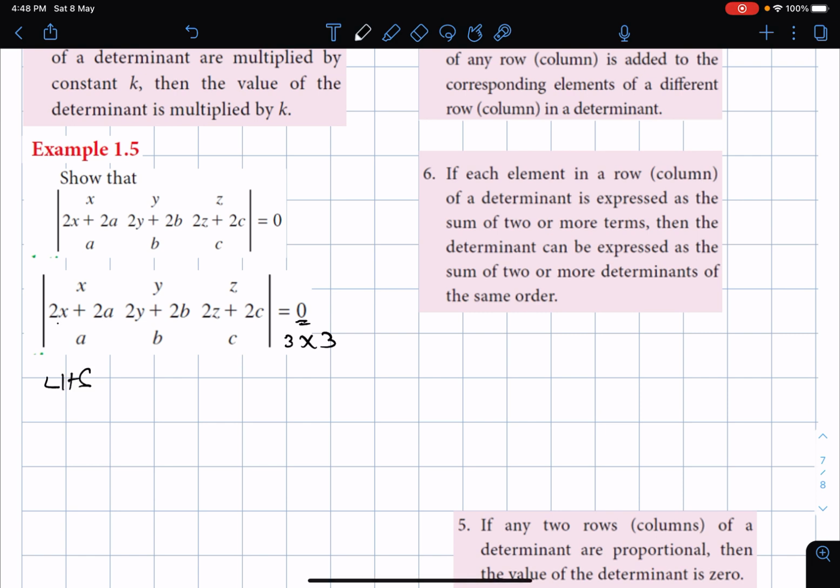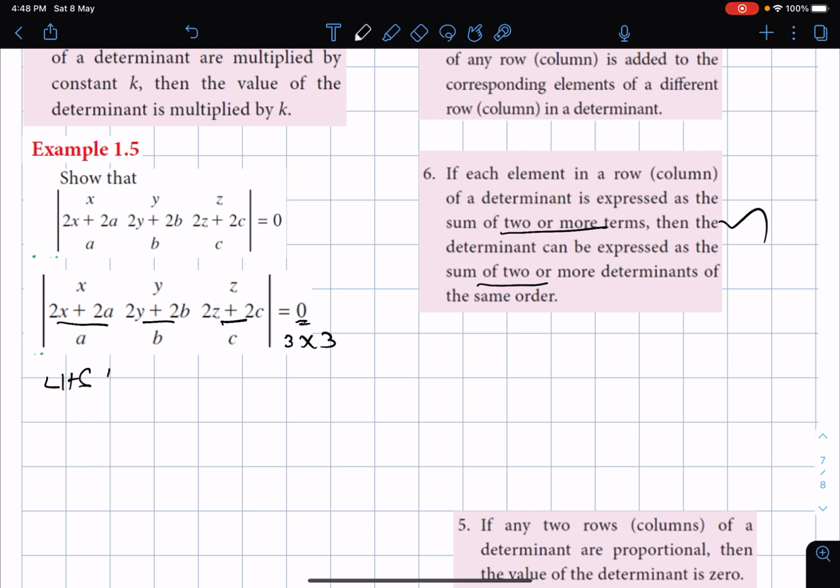In the LHS you see the second row is the summation of 2 elements. So using property 6, if each element in a row or column of a determinant is expressed as a sum of 2 or more terms, then the determinant can be expressed as a sum of 2 or more determinants. So this LHS we are going to separate into 2.